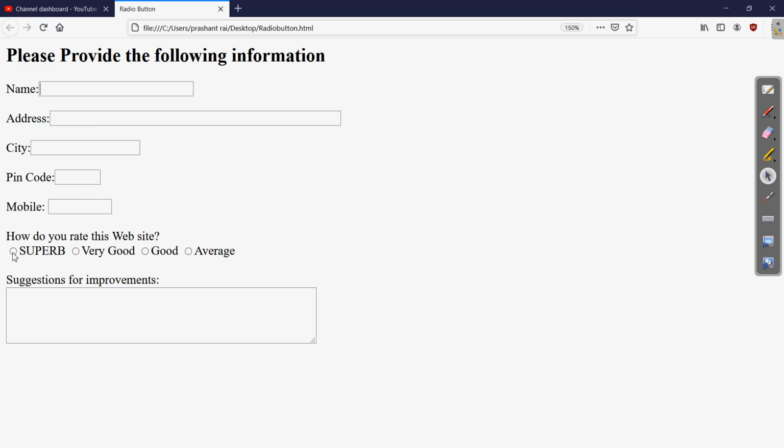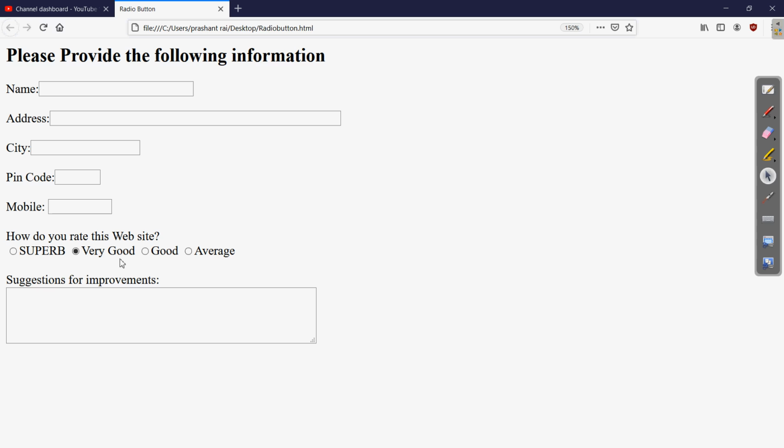Here you can check that if I select one of these, one at a time can be selected. If you click on any other, the previous one will be deselected and the new one selected. Clear? This is why, if we want all of these to be options of a single set, we need to give a common name.